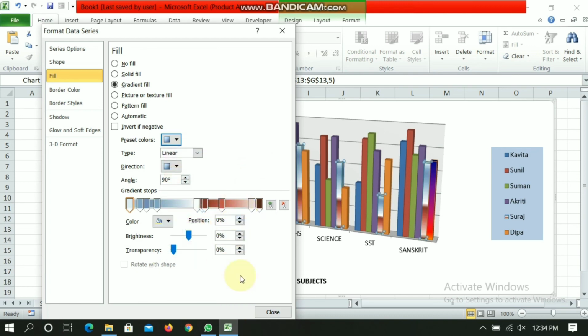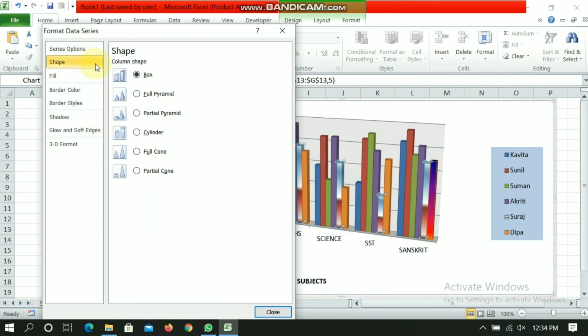Like that, and you can change the shape of that as well. Whichever you have selected, only that one will change. There are various shapes here. You can change any one of these. Rest of the options are similar to the previous one. You can change it from there. This is how you can change or format data series in MS Excel.